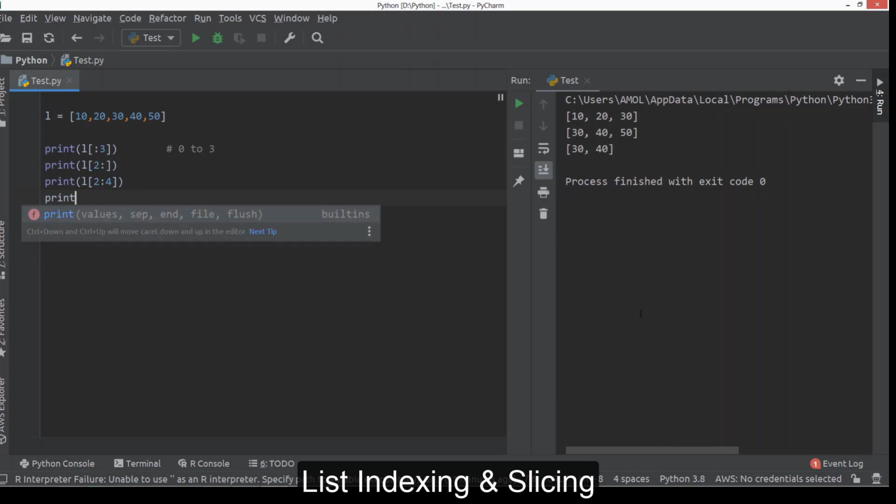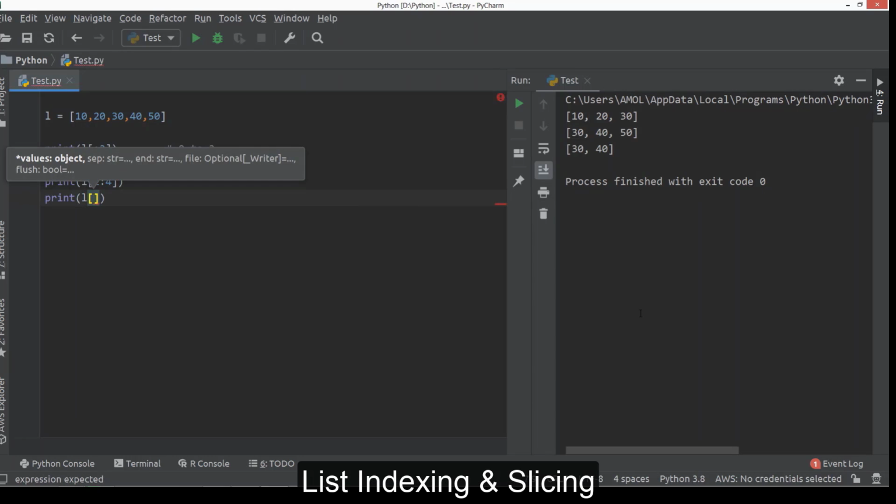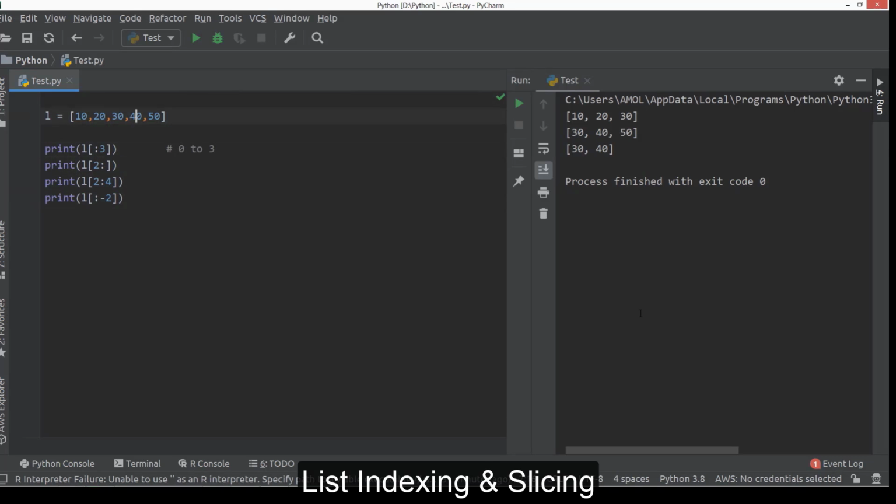Now while slicing also we can go with negative index values. So here the starting value we keep as it is, and the ending value we say -2. -2 means this element. It will start from here, the starting value is 10, and it reaches up to -2. So it would print 10 to 40. Now as we have said, it's not 40 because the last element is not inclusive, it's up to, so it will go with 10, 20 and 30 here.